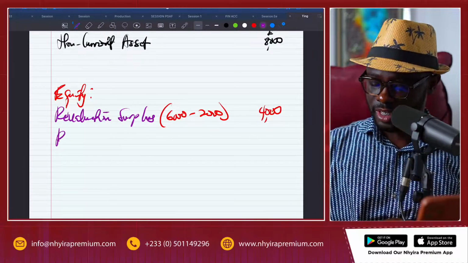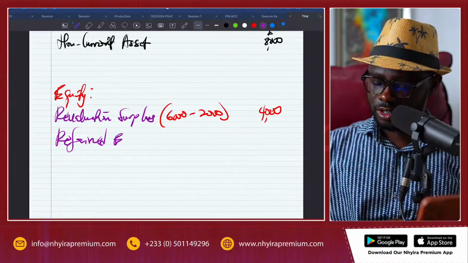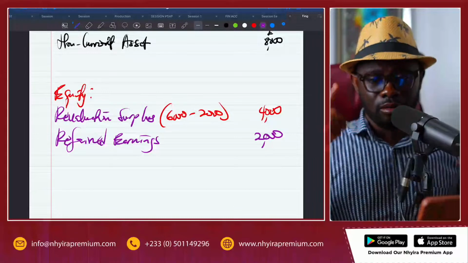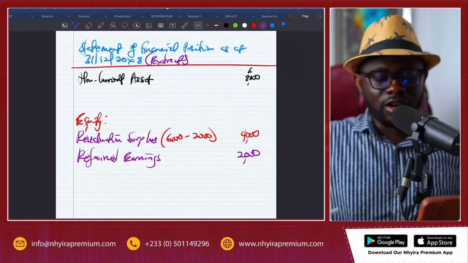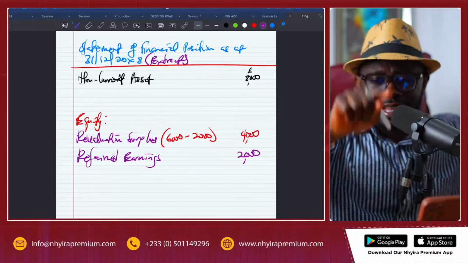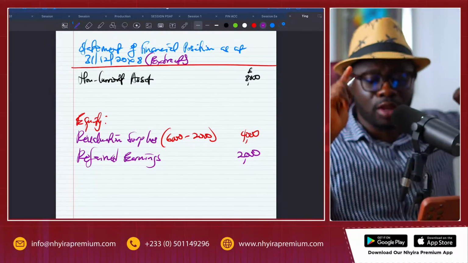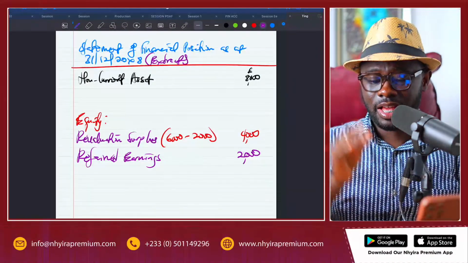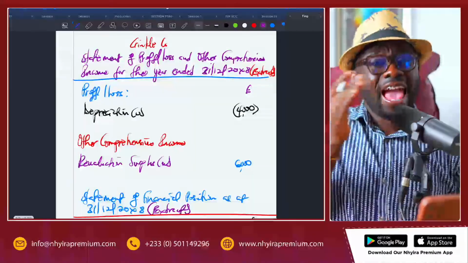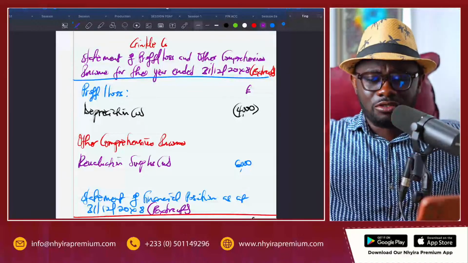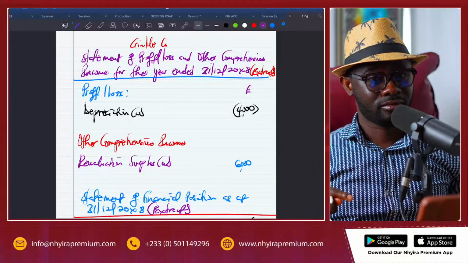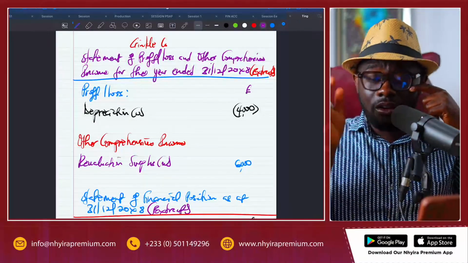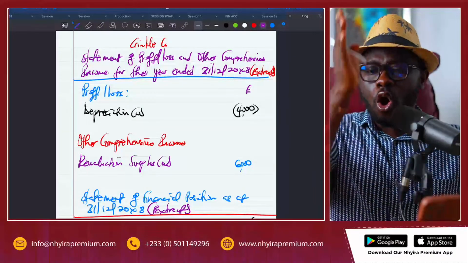Then we did a transfer to the retained earnings, so we can bring in the retained earnings, 2,000. Please note, we are doing the transfer for this current year ended 31st December 20X8 because the revaluation was done at the beginning of the year. If they had done the revaluation at the end of the year, we won't do any transfer for that year. So we only do the transfer in the year of the revaluation if the revaluation is done at the beginning of the year or midway